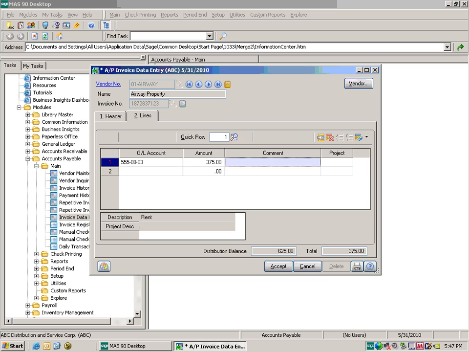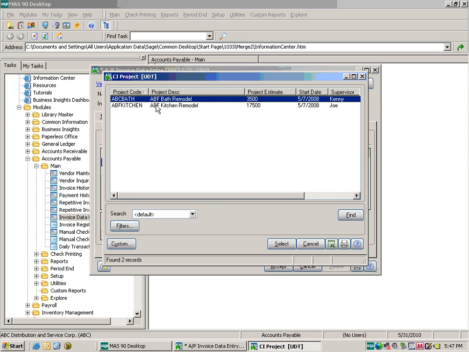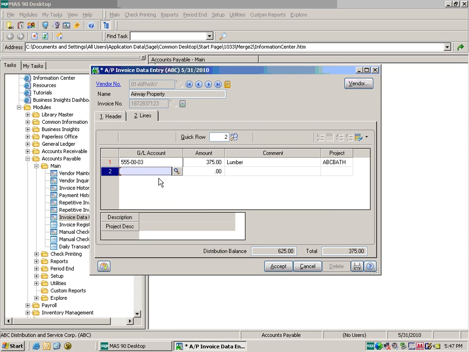and we'll call this lumber, and we'll say that's for the bathroom model. And we'll go ahead and take the same account number, and we'll take the remaining $625 and apply that to